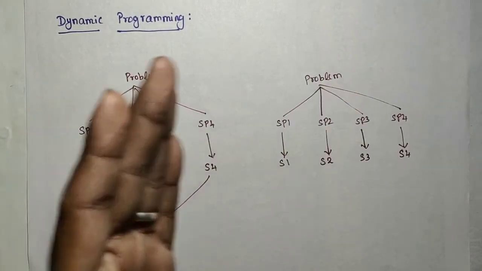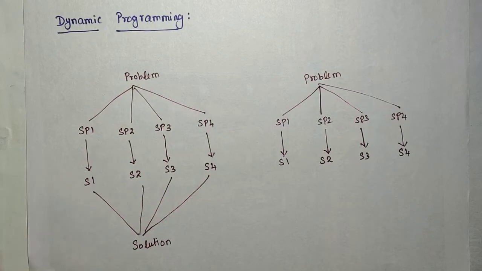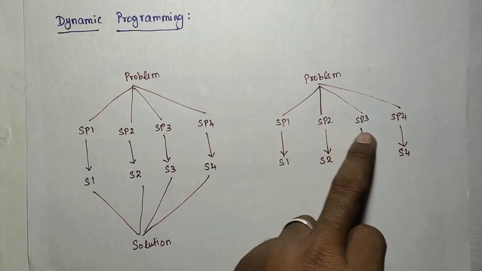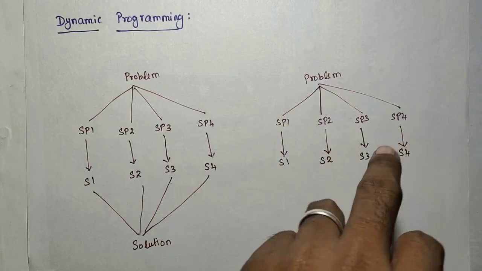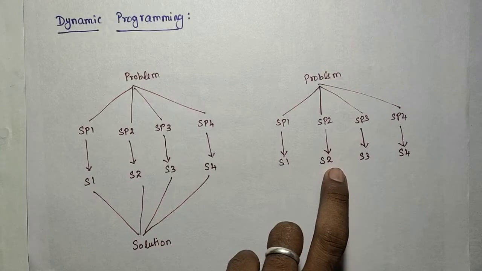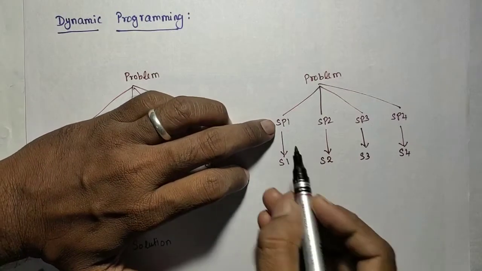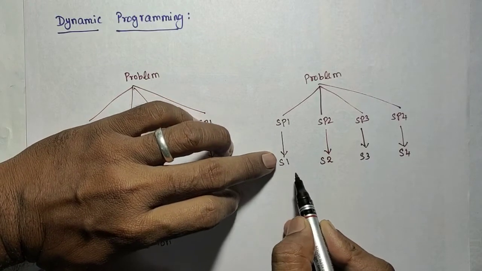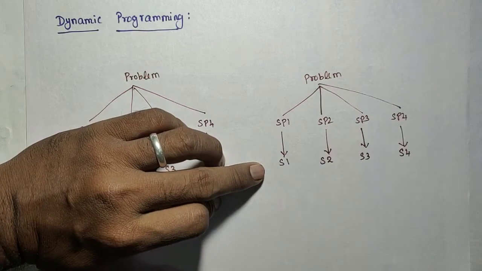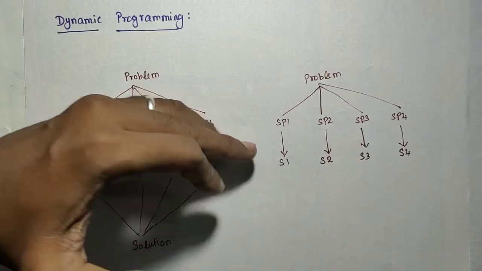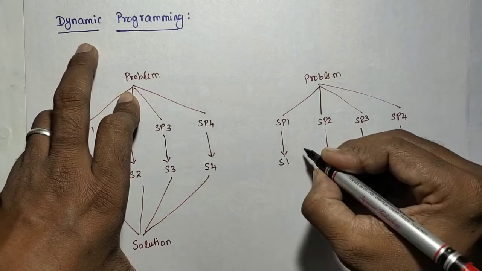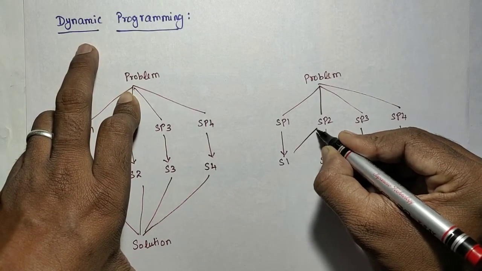Here, how can we differentiate dynamic programming from divide and conquer? In dynamic programming also, the problem is divided into subproblems and the solutions are determined. The point here is that dynamic programming is applied when the subproblems overlap. This is the smallest subproblem. Its solution may be needed for finding the solution for the second subproblem. If you design the algorithm like that, it is considered dynamic programming. For finding solution 2, solution 1 is needed.